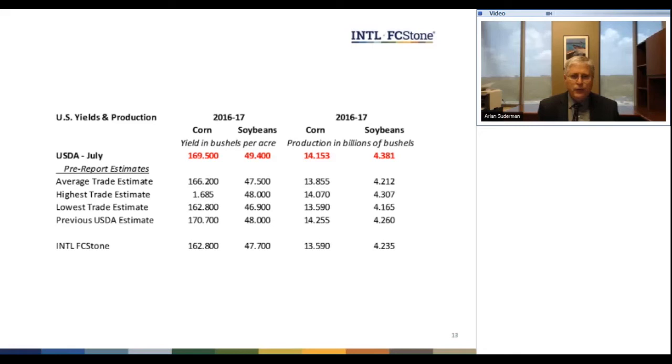First of all is the Pro Farmer Crop Tour, which is the week of August 21st. That will be critical, I think. First of all, the crop will have another 3 weeks of maturity on it, both corn and soybeans. And second of all, it is a systematic walk through the fields going across the Midwest. So it gets you away from just a little bit of these anecdotal reports. You get more of everything, and so you get a better picture of the variability of the crop. So that should give us a lot of ground truth this year.